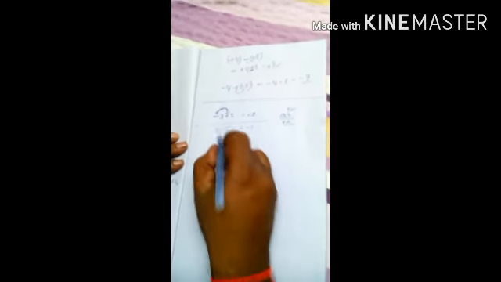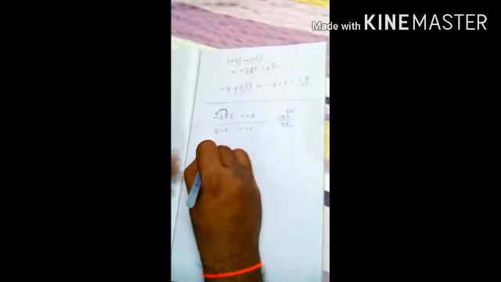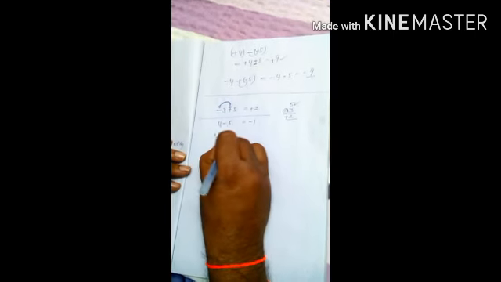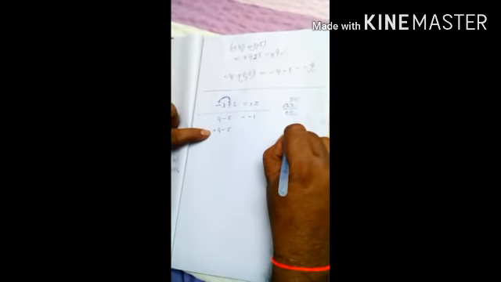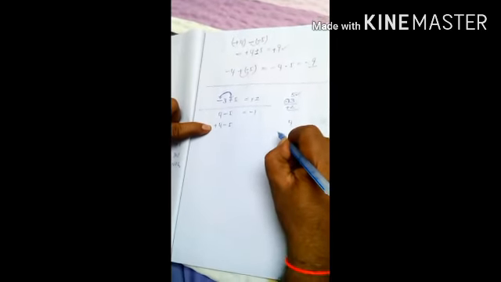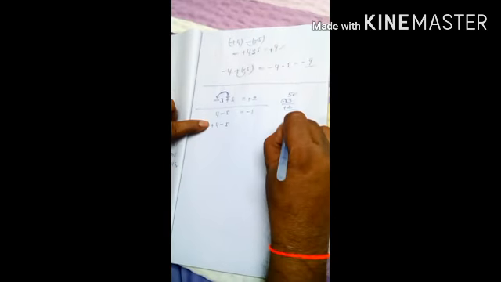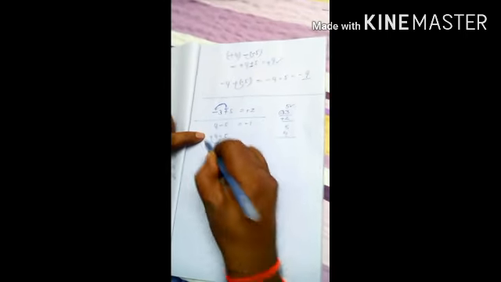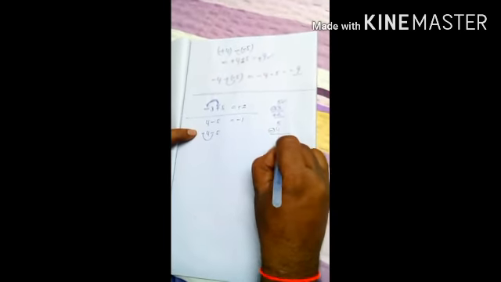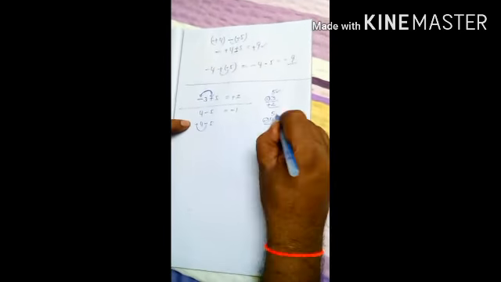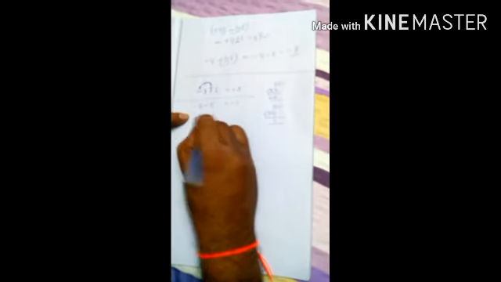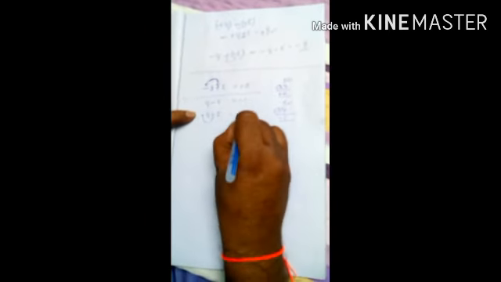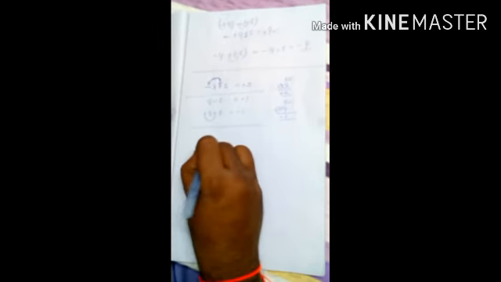The second example, 4 minus 5, that is nothing but plus 4 minus 5 only. The absolute value of plus 4 is 4. The absolute value of minus 5 is 5. Then, different signs, difference. 5 minus 4 is equal to 1. In this the big number is 5. The big number's sign is minus. That's why minus 1.